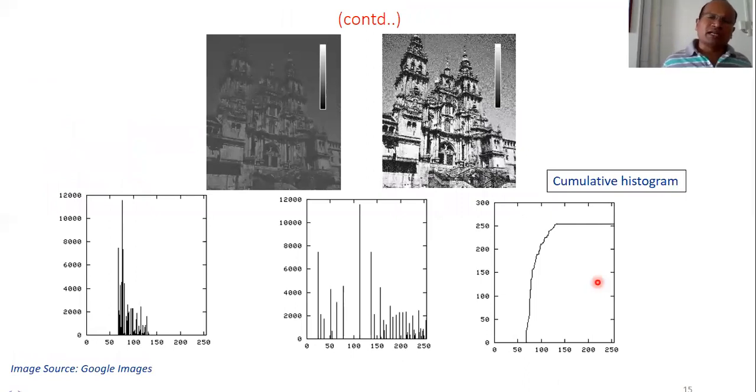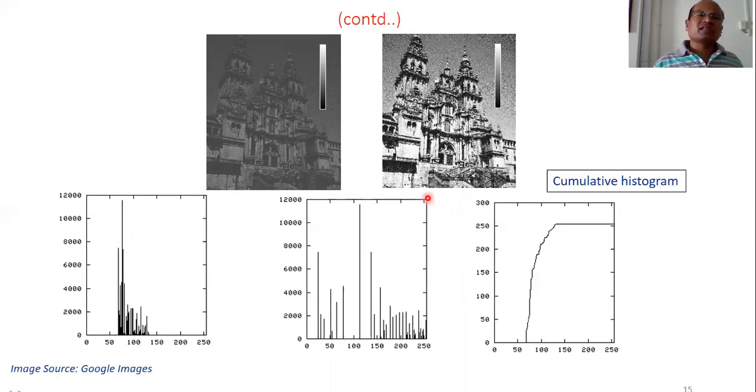This is the cumulative histogram. This is an example of cumulative histogram. Cumulative means you can apply the histogram equalization method again and again. So if you see the first one, then the second one and third. In a certain manner, you can apply histogram equalization 2 times, 3 times, 4 times. You can change the histogram equalization function again and again.